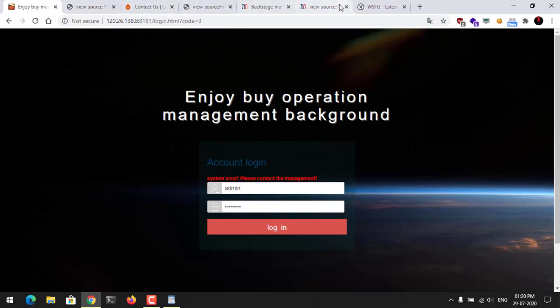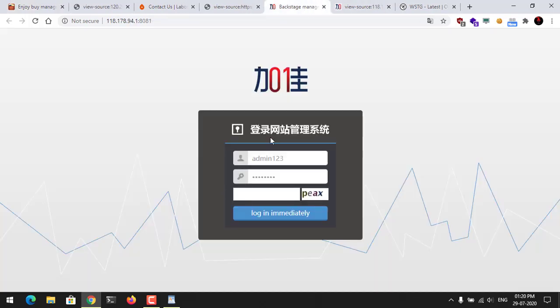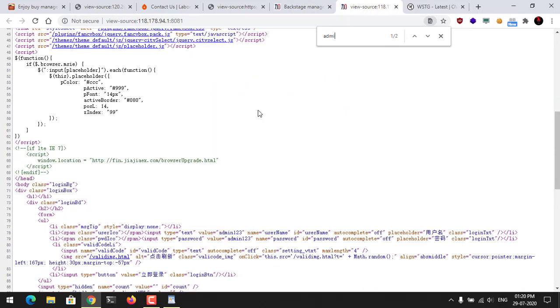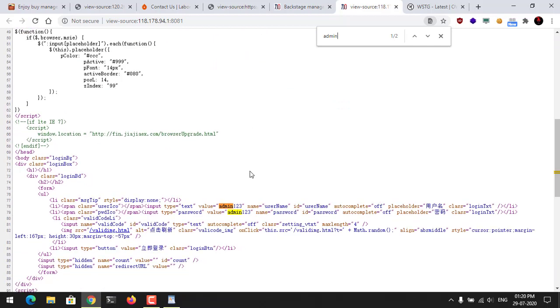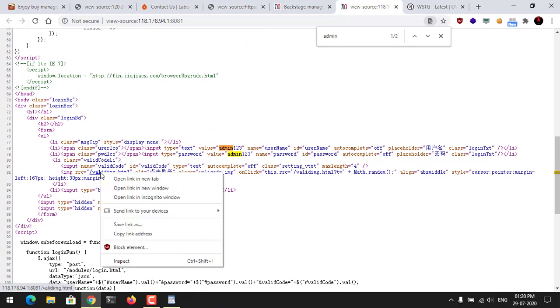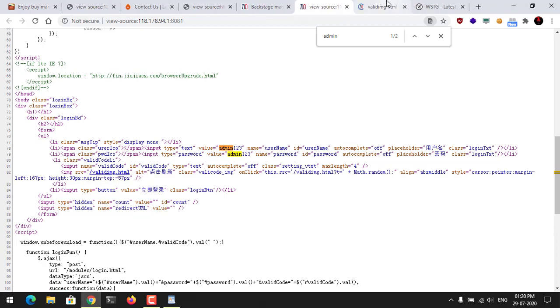Okay, but this is the second website I found where admin123 is written, and again I checked its source code. There is again admin123. I found this. Also I found this validating.html, and I was very much interested in this. What it did is, it was generating CAPTCHA.